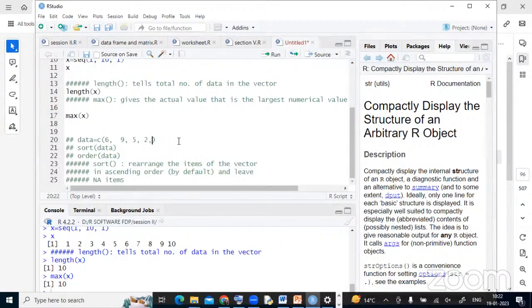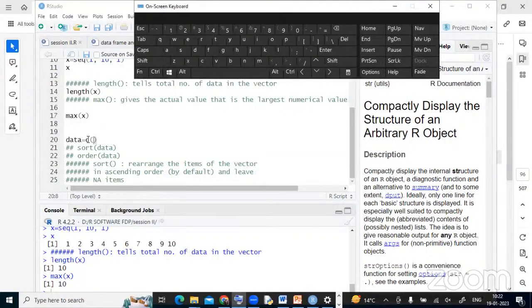In the book, it is 3, 5. Please make it with me: 3, 5, 7,